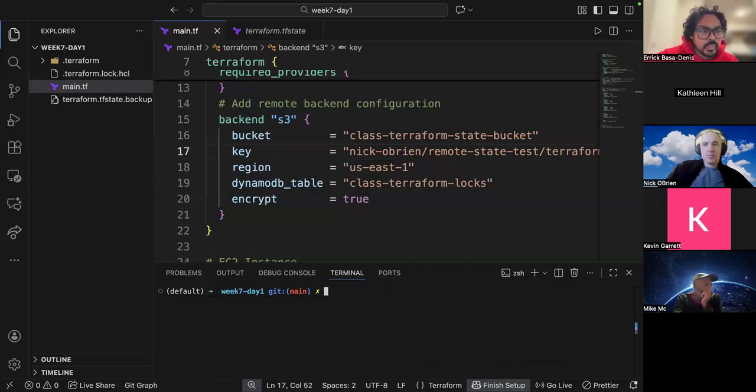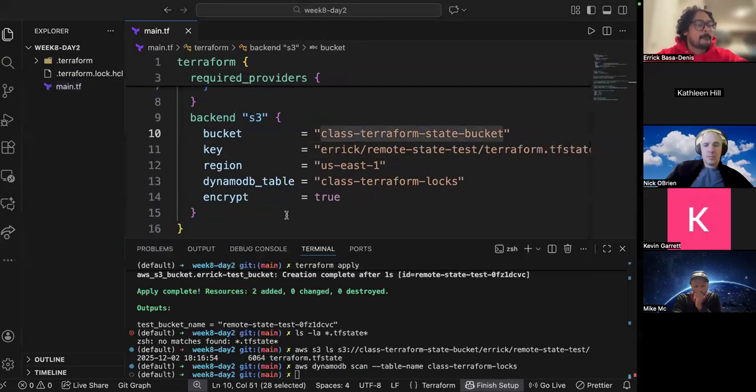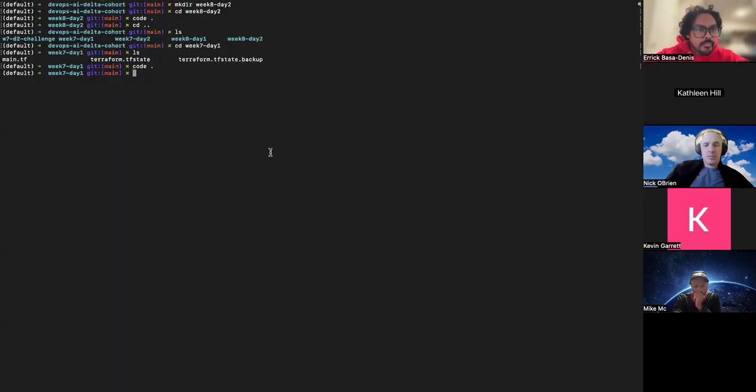Access from multiple locations. Okay, so for step 10, we're just going to create a new directory. We're going to demonstrate that you can work with a state file from anywhere. So create a